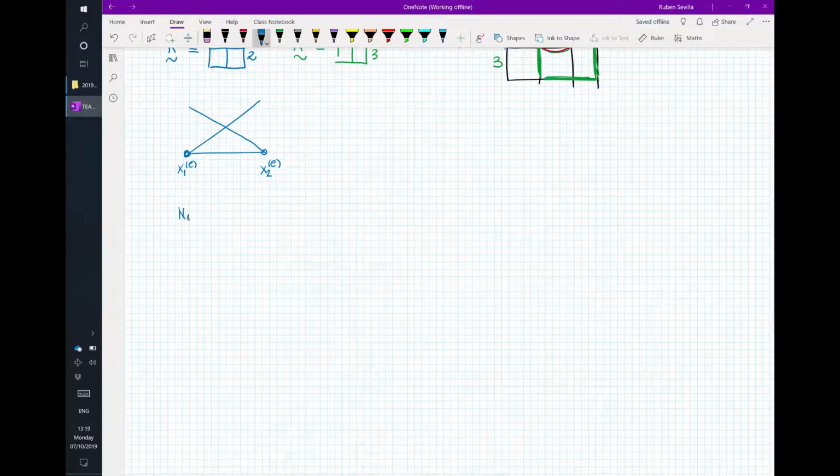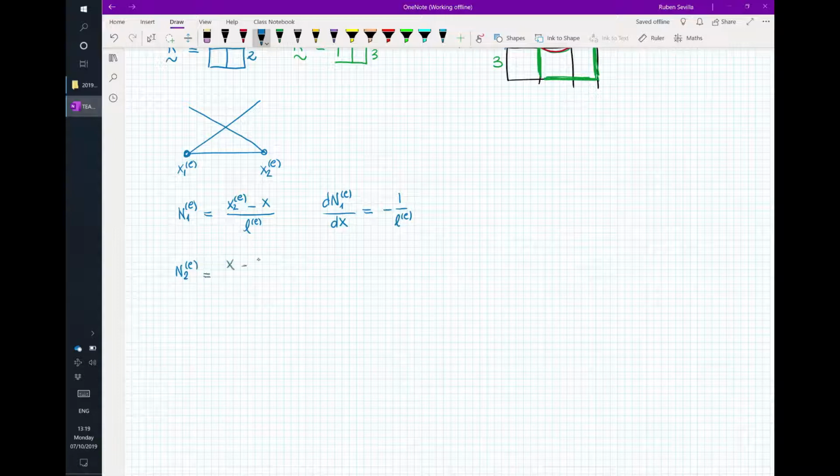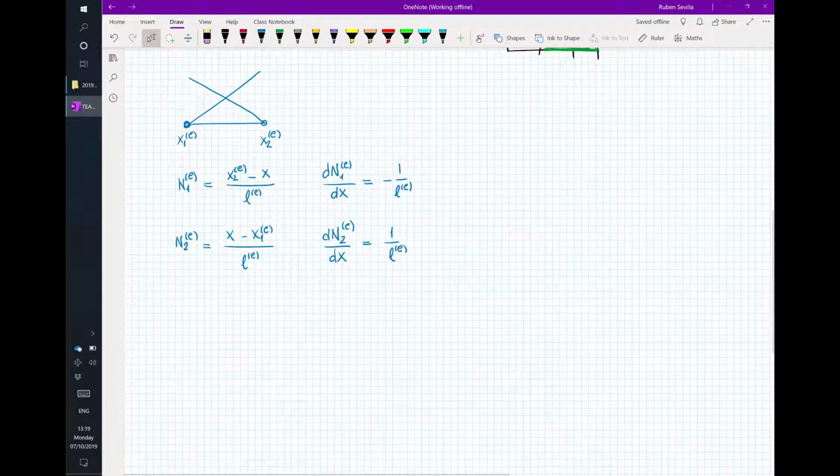And one, we said, is (x2 minus x) divided by L. That means that the derivative is simply minus 1 divided by L. And N2, similar stuff, (x minus x1) divided by L, and the derivative is 1 divided by L, positive. Okay? Now, the question is,